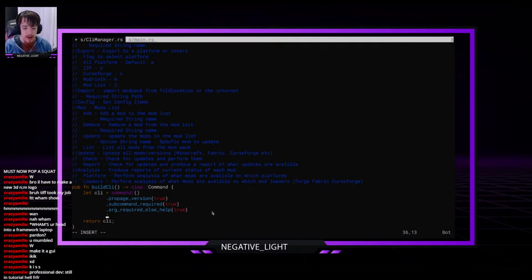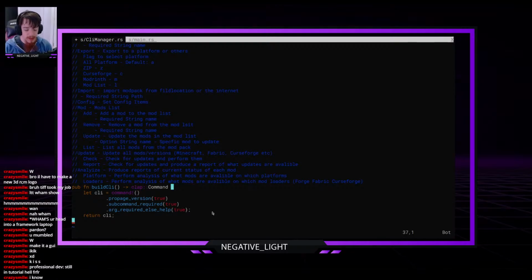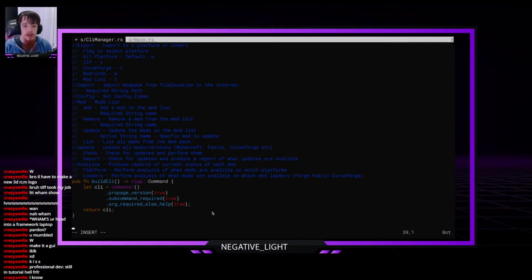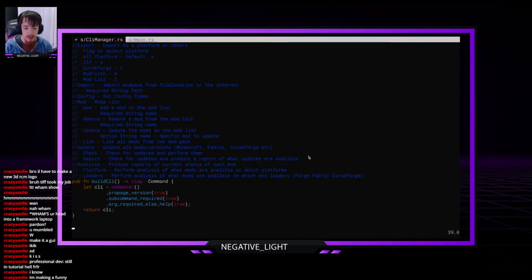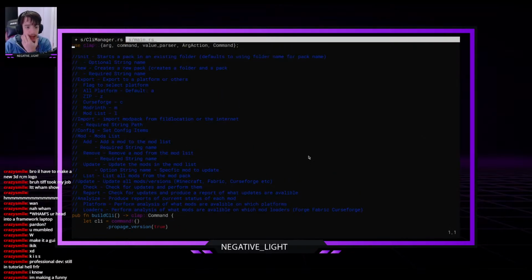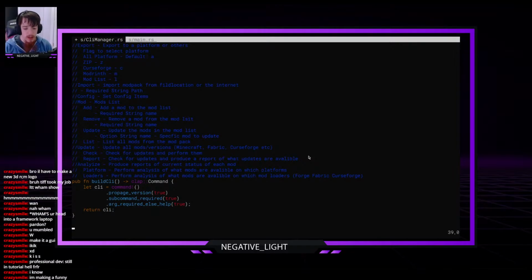So I think this is where we're going to get into the fun of what I'm about to do. We're going to just start with one simple subcommand, which is, I wish I could split the screen. Okay. I think we'll start with init. So, function build init command, and that's going to return a clap command,